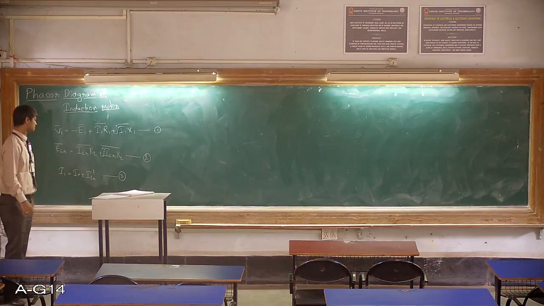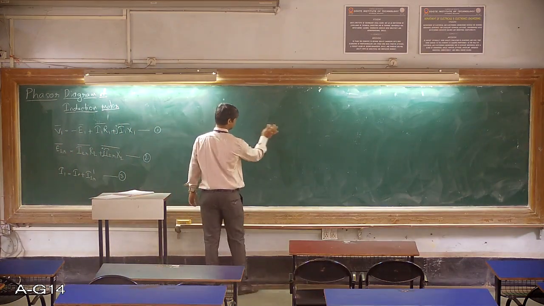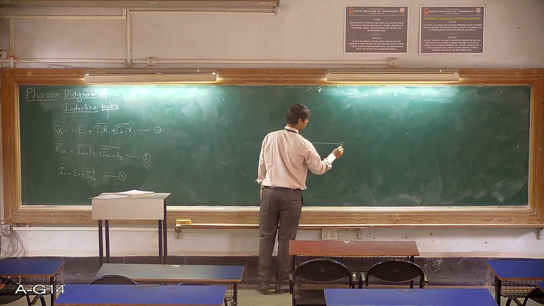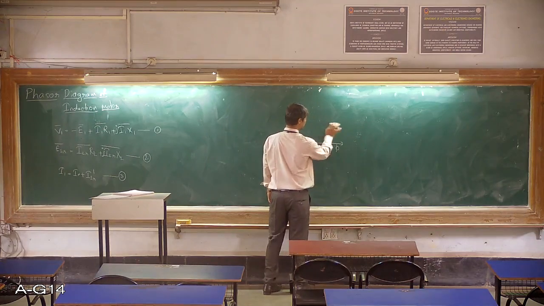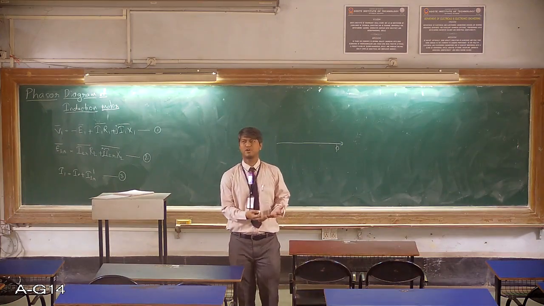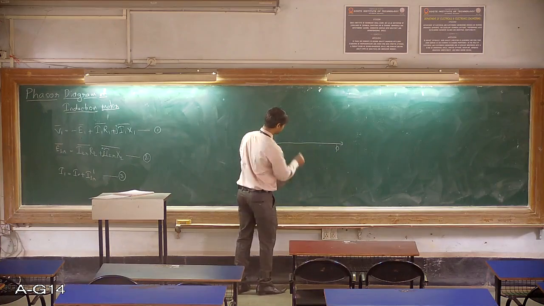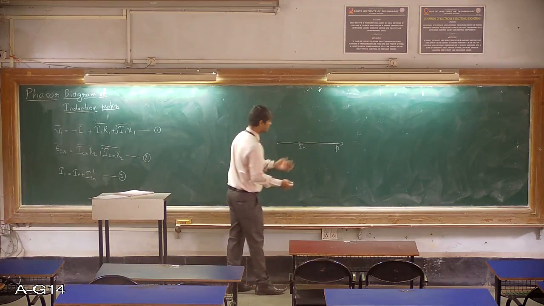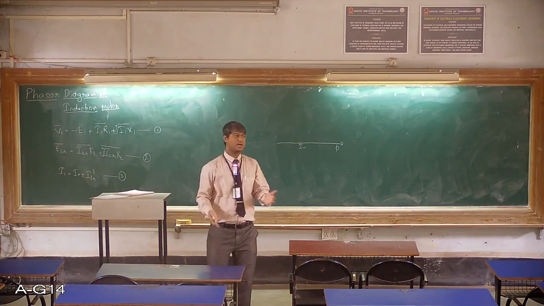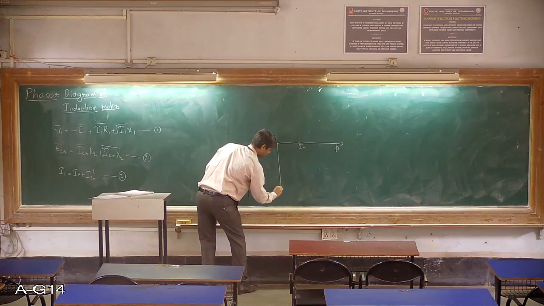Now using these three equations we are going to draw the phasor diagram of the induction motor. Now let us take phi as the reference phasor. Now this phi is the induced flux in the induction motor. Now this flux is because of the magnetizing current Im, so obviously phi will be in phase with the Im. Now this Im and the applied voltage V will be 90° apart, and obviously V will be lagging behind the flux by 90°. So here we get the